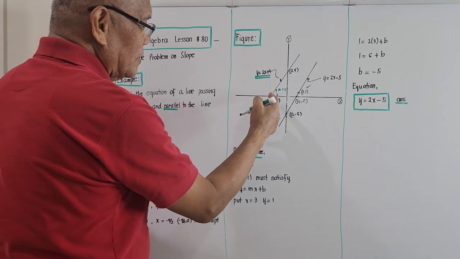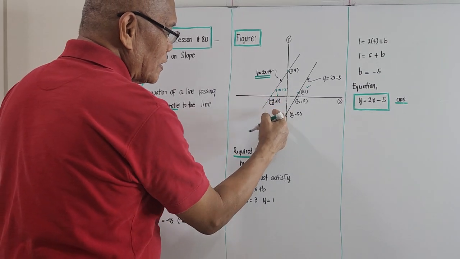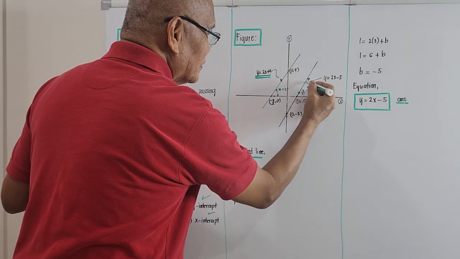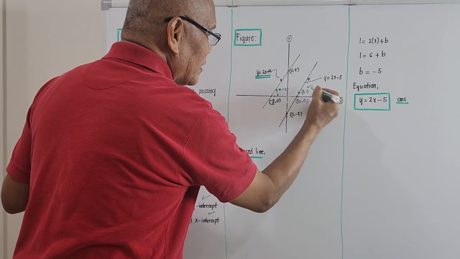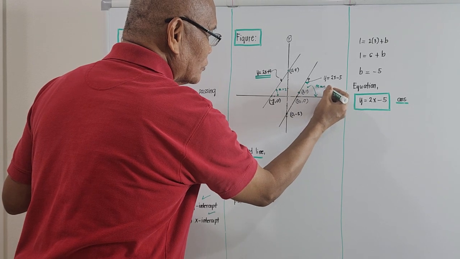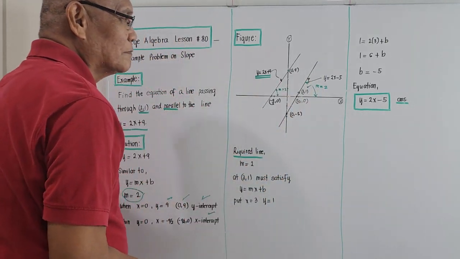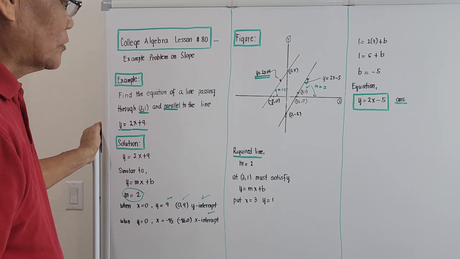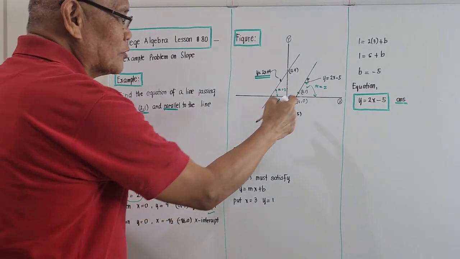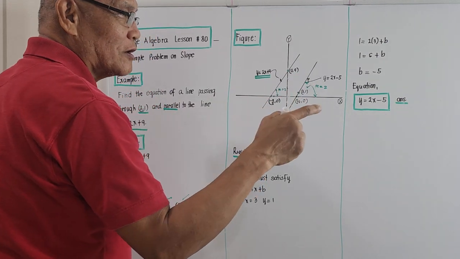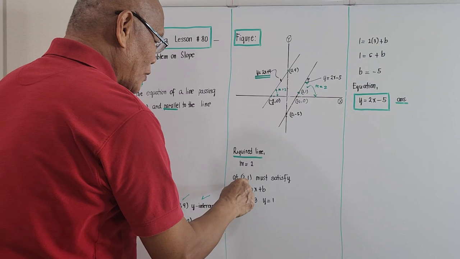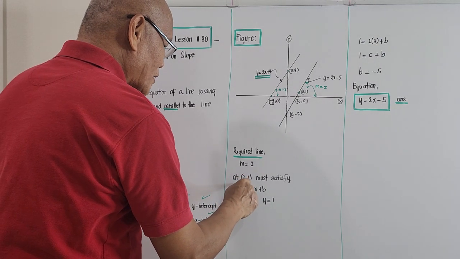Since the first line and the required line are actually parallel, their slope will be the same, right? So the slope of this is also equal to 2. They're parallel, right? So if we try to bring out or solve for the equation of this one, we will still be using the so-called slope-intercept form. That is y is equal to mx plus b,